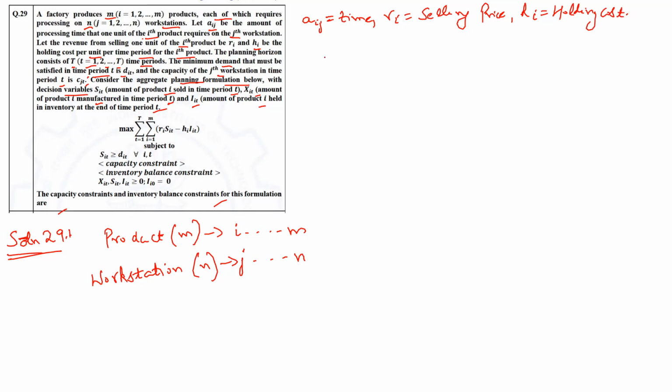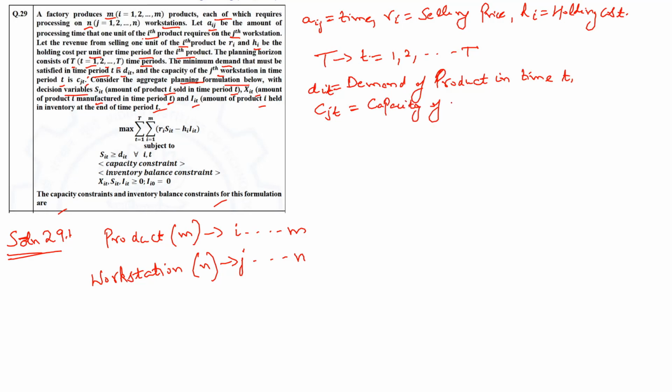Now since the time period approaches t, t is equal to 1, 2, up to T, right, and we know that dit is the demand of the product in time t. Let me write this according to this, then dit would be the demand of product i in time t. cjt will be the capacity of workstation j in time t,